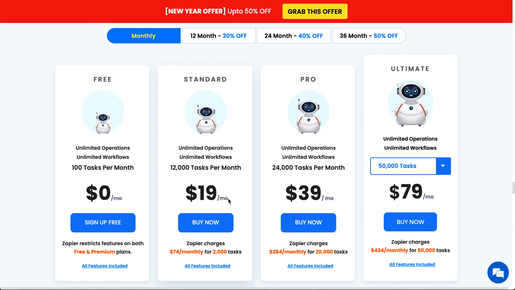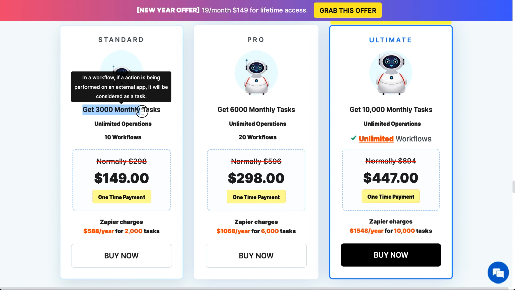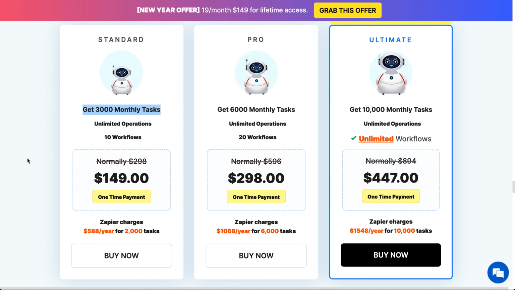But there's one other pricing option I want to mention, and again, I put all the links below, but that's the pay once model. And this is actually what I have. I have 3,000 monthly tasks, and this is forever. $149 is what I paid. So for $150, you can get 3,000 tasks a month and do that forever.